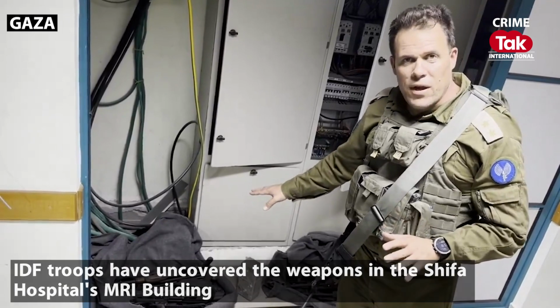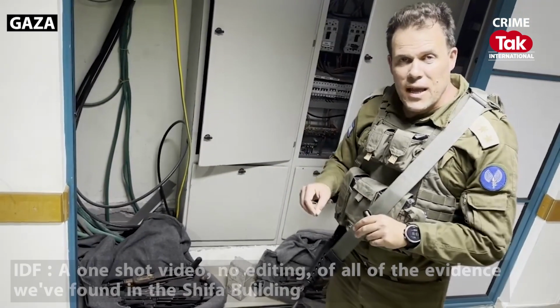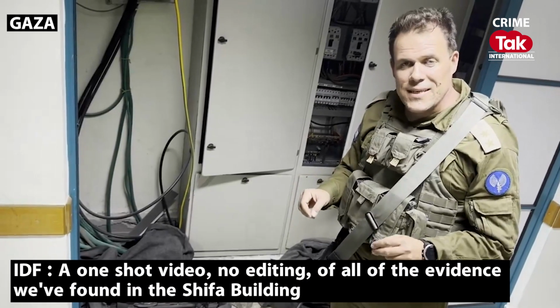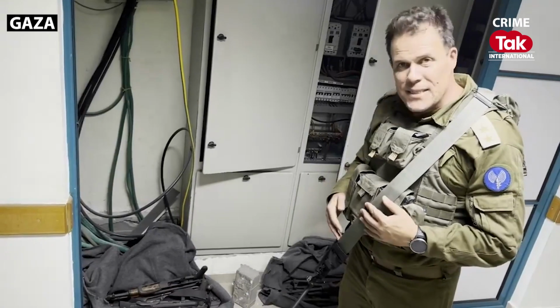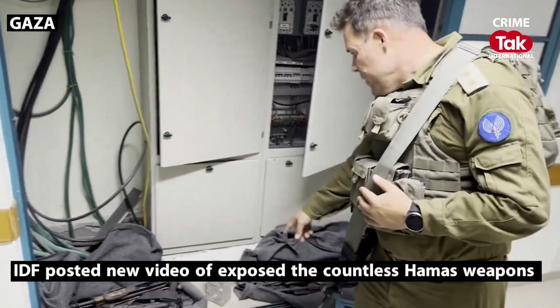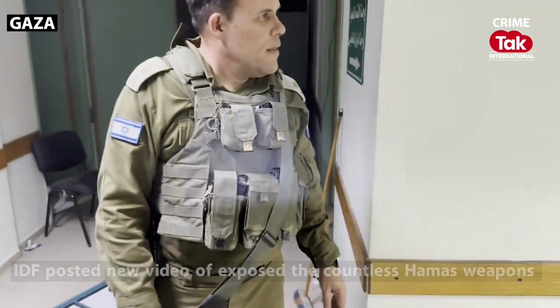The only reason they're here is because Hamas put them here, because they use this place, like many other hospitals and ambulances and sensitive facilities inside the Gaza Strip, for their illicit military purposes. So there's Kalashnikov rifles here, even ammunition. And let's go see the next part of